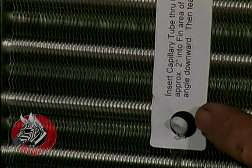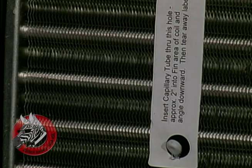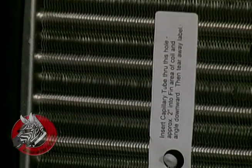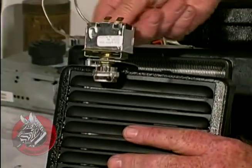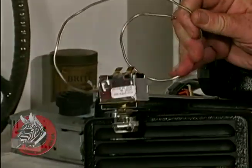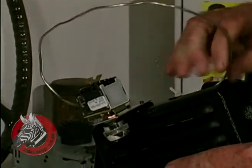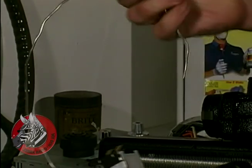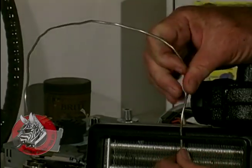It says here, insert capillary tube through this hole approximately 2 inches into fin area of coil and angle downward, then tear away label. So let's do that. We want to be very careful not to kink this tube though. Okay, kind of got it straightened out a little bit. Now just bring it on down through here